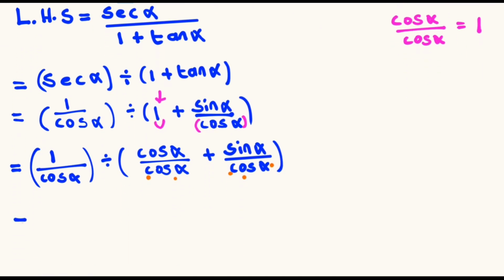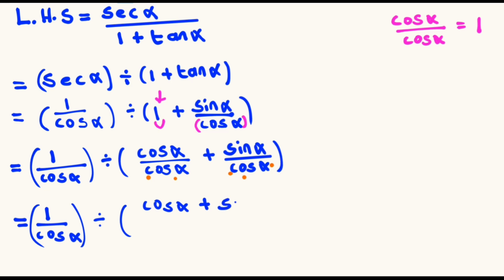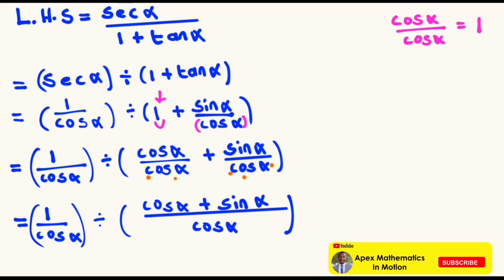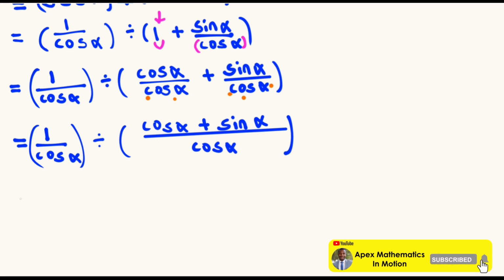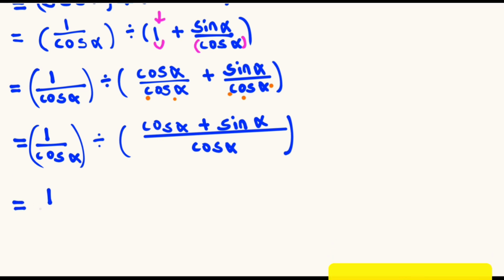So this will be equal to 1 divided by cos alpha, divided by cos alpha plus sin alpha, and this is divided by the cos of alpha. We have 1 divided by cos alpha,